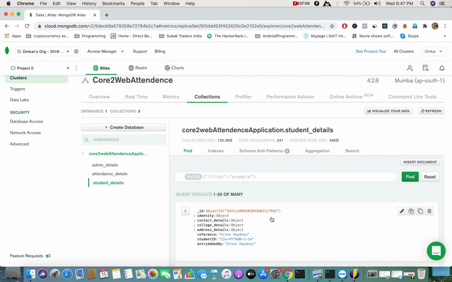As you can see, contact details is a nested collection in the student details. So it's actually documents within a document, nested documents as we say them.